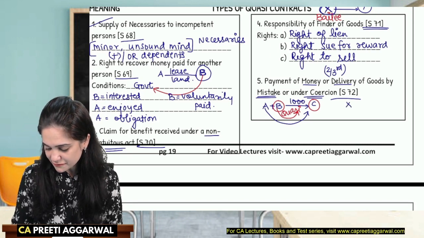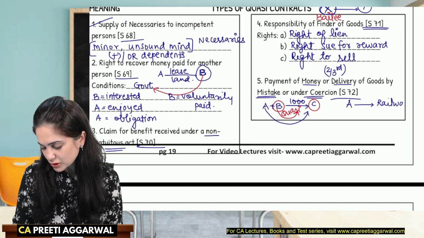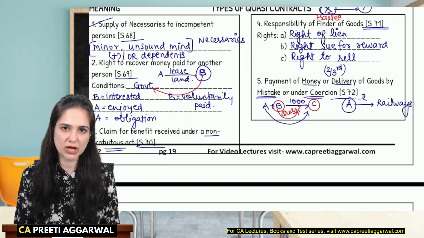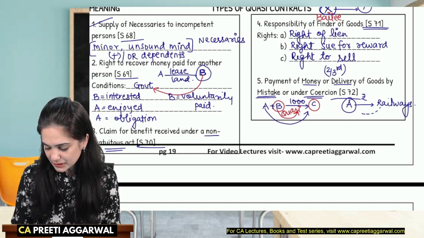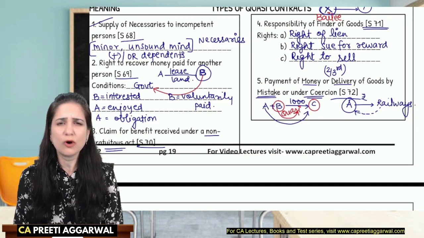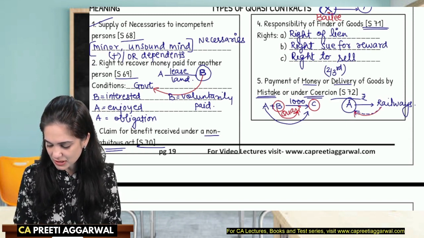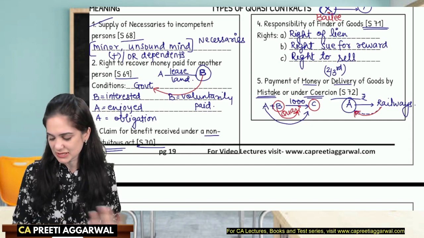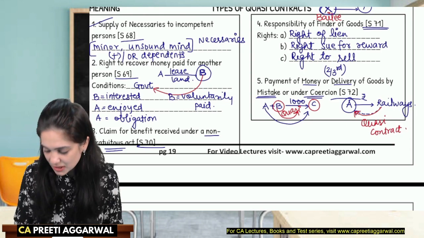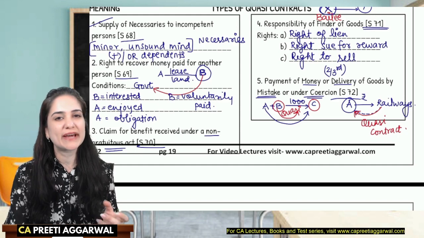What if A was forced to pay a bribe to the railways for the goods? A paid the money, but this is not the correct way to charge money. So he can recover that money which the railways has wrongfully recovered from A, or in other words, which A has paid under coercion. This is also a quasi contract. He can say, I was forced. If I had not paid money, the railways would not have given me the goods. I was forced to do so. He can recover the money.